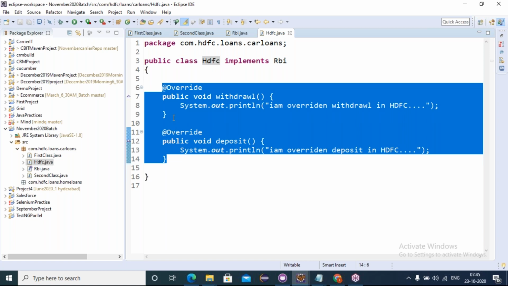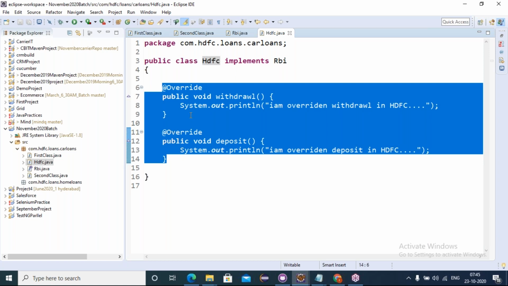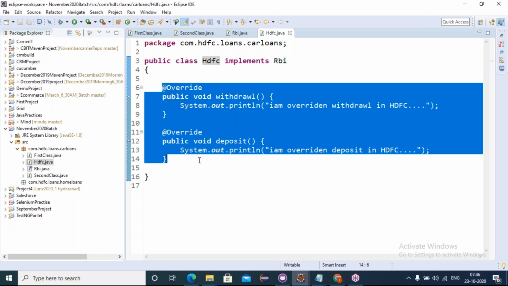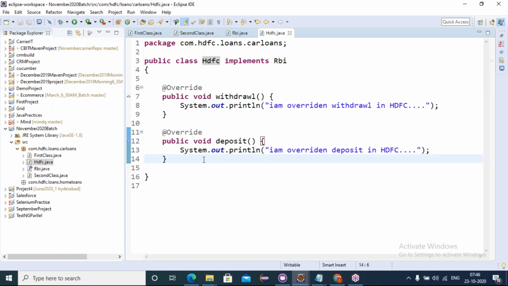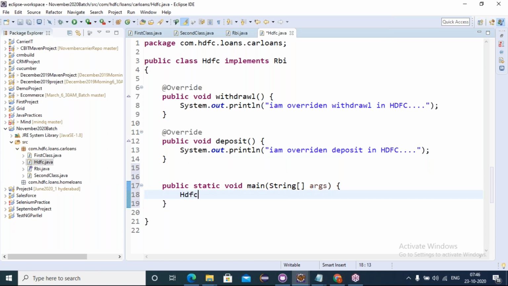See, friends, the father gave empty lands to the child. Who started constructing? The child, right? Here, who is the parent and who is the child? RBI is the parent, HDFC is the child, right? In this HDFC child only we have implemented these behaviors. Now, who will access HDFC only, right? The father gave empty lands to the child, and the child started constructing on that. The property belongs to whom now? The child only, right? In the same way, who can access these implemented behaviors? HDFC only. How can we? Through the main method, creating the object. So HDFC h = new HDFC.